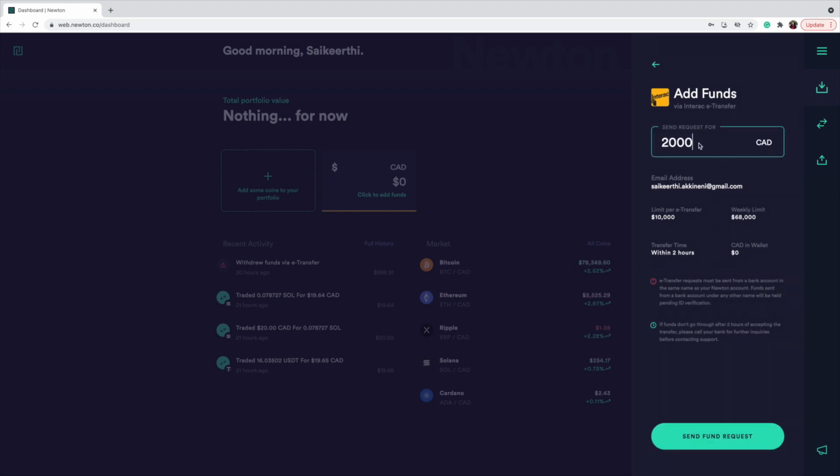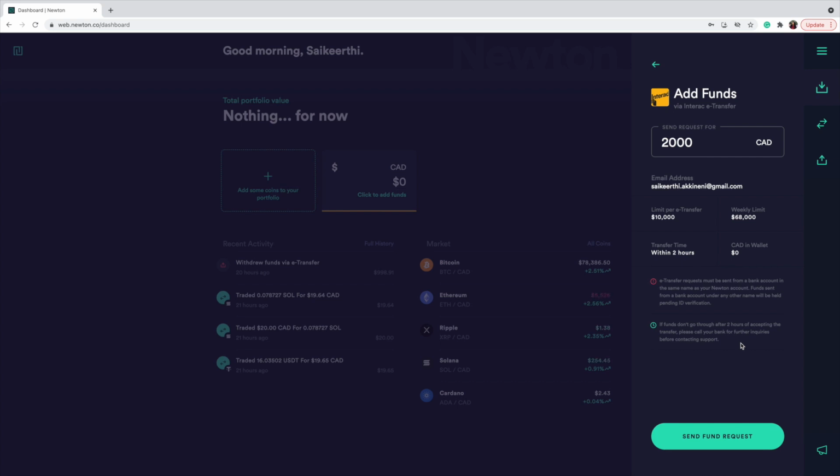So as I already entered my email address and everything, it's all ready over here. But don't forget to add your email Interac e-transfer email address and verify it, and that's it. Once you're done with it, you can instantly add funds or withdraw funds to your bank account.